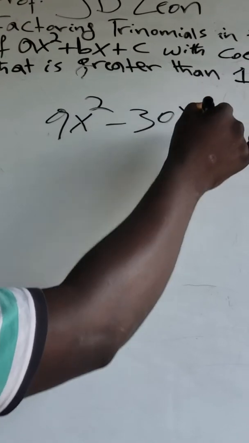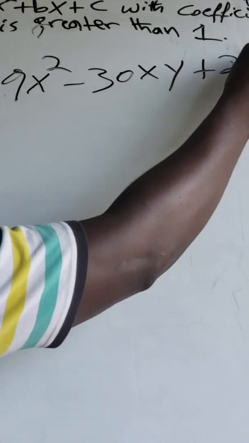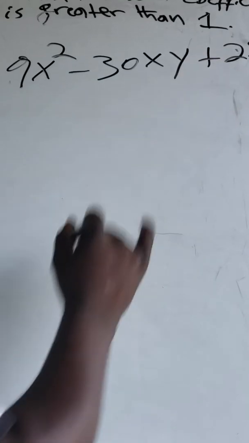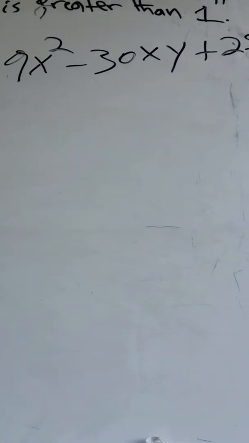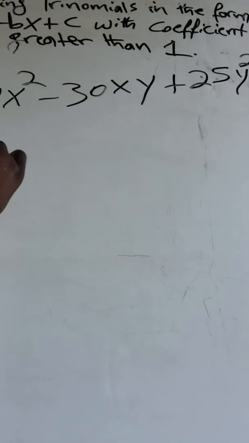All right, another example that you will see that may strike you as a little different is 9x squared minus 30xy plus 25y squared. Okay? So you may see this example, and anytime you see it, all you have to do is